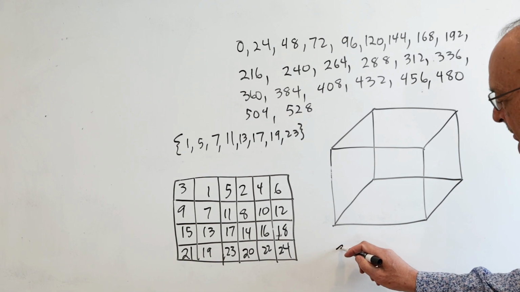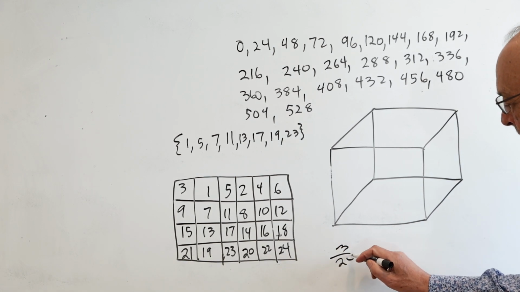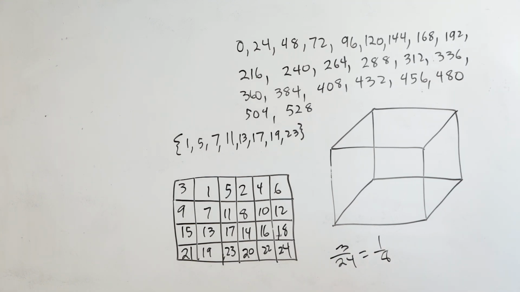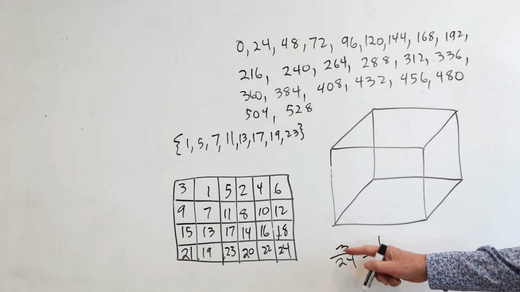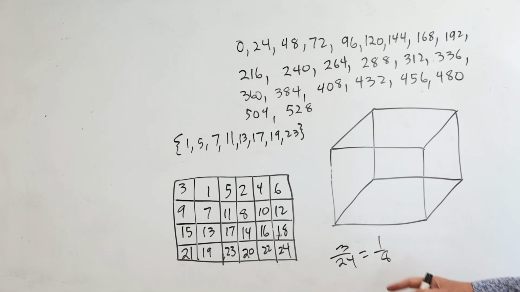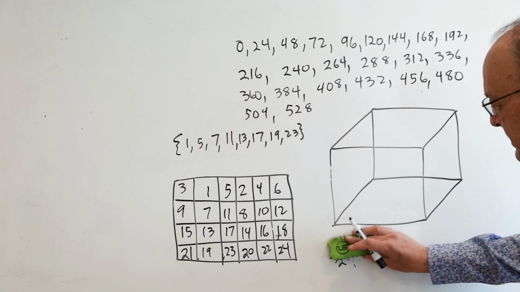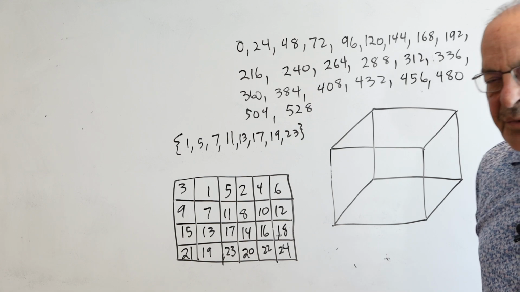A number like 3 over 24 can be reduced to 1/8. So it turns out that 3 and 24 are not relatively prime. And that basically means that they have a number other than 1 that goes evenly into both of them. So they have a common factor other than 1, so they're not relatively prime. We're going to try to get rid of all the numbers in this chart, 1 through 24, that are not